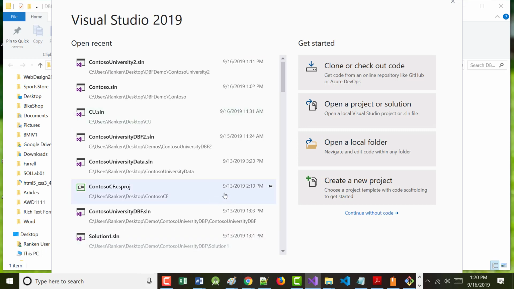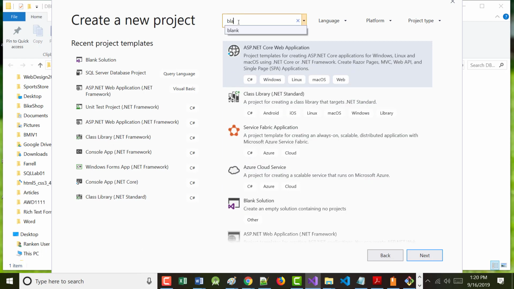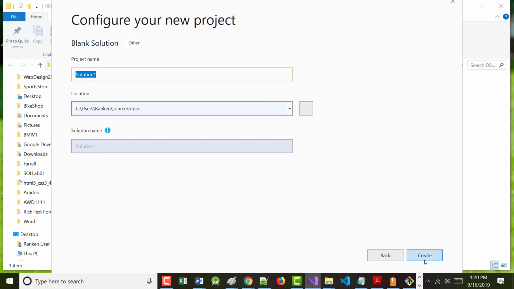Okay. And once you've started back up again, we'll again create a new project. And again up here we'll type in blank solution. All right. Now, mine might complain, and if it does, it's because I already tried doing it during the break to make sure what I was going to tell you is correct. All right. This should have also been ContosoUniversity 2. It wasn't. So this should be ContosoUniversity 2, like that.